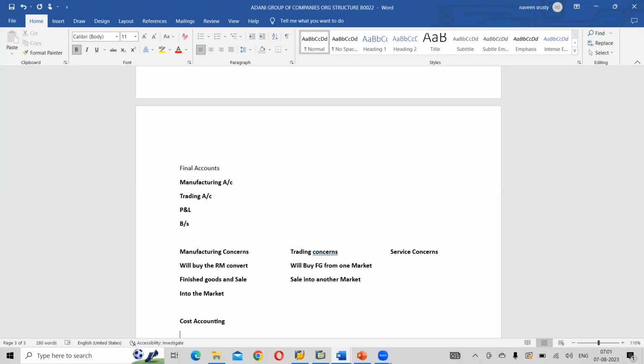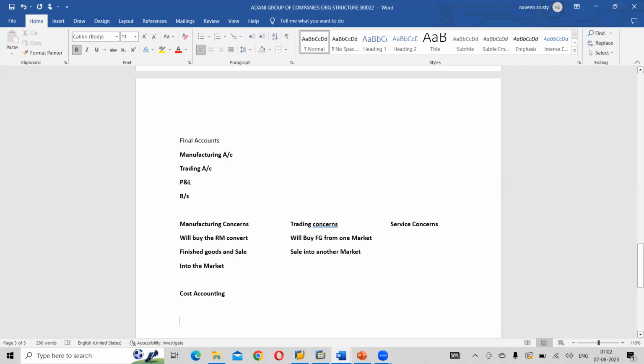We need to analyze from stage one: buying of raw material, transportation, carriage inwards, correct? And from carriage inwards, godown rent, warehouse rent, or warehouse insurance, clear? All those things to reach the external market, sale market, and after sales. So to fix a particular price, we need to analyze the complete cost from start to end, and we will club the total cost and fix the price. What do you mean by cost of sales? Cost of sales is nothing but cost spent, nothing but your direct expenses, minus